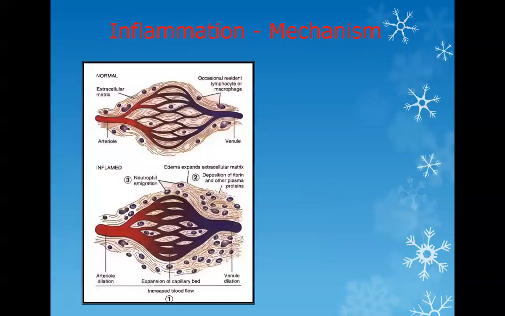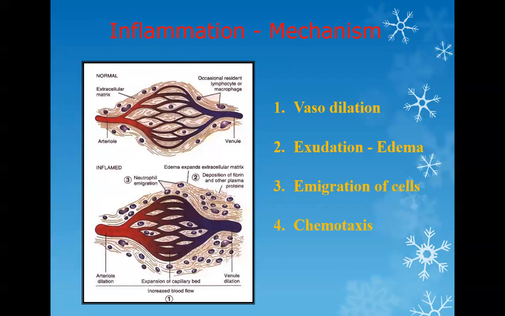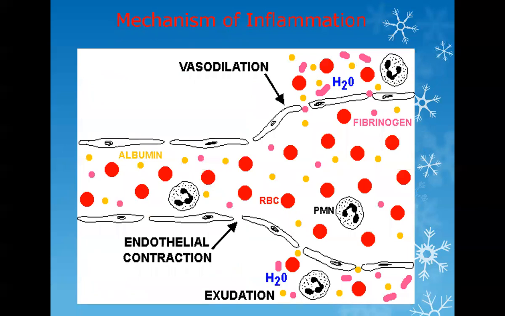Okay, so this is another picture, again a very nice one. You see vasodilation. It's a normal one here, hardly 1 or 2 cells, and here a lot of cells, right? And the vessels are engorged, dilated. So you have vasodilation, you have exudation, meaning cells are coming out. Immigration: the cells which are coming out go towards the injurious agent to take care of it. And finally chemotaxis. You need an attractant or magnet to pull those cells towards the injurious agent. Okay, so this is how it starts.